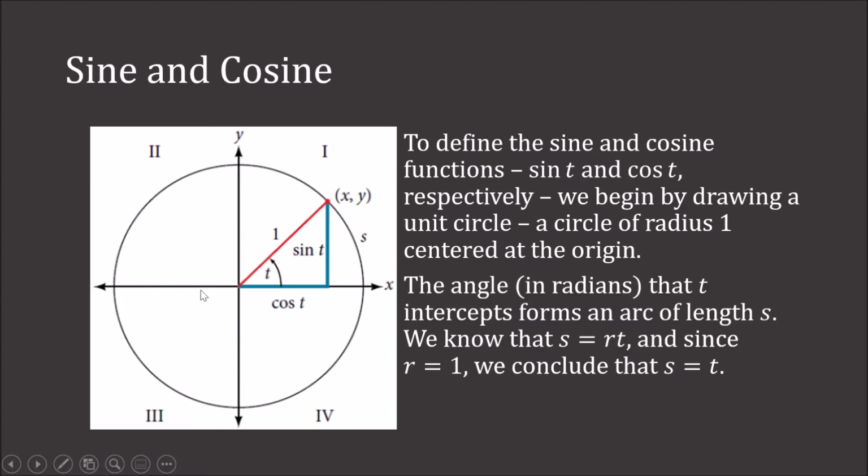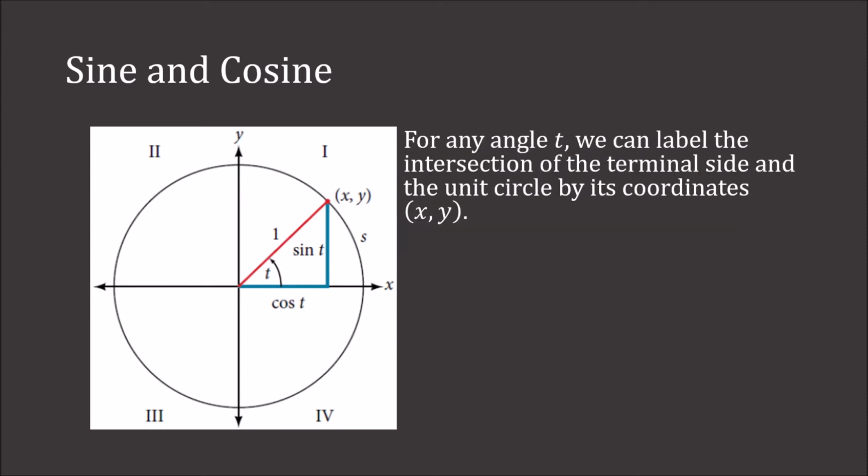The angle in radians that t intercepts forms an arc of length s. Right, so we have an angle t, this is the radius. It intersects the circle at some point x comma y, and this has a length of s. So we already know that s equals r times t. And since r equals 1, we can conclude that s is equal to t. For any angle t, we can then label the intersection of the terminal side and unit circle by its coordinates